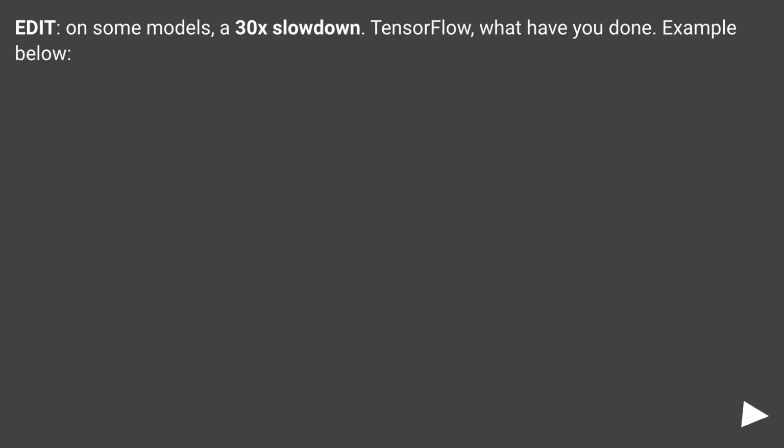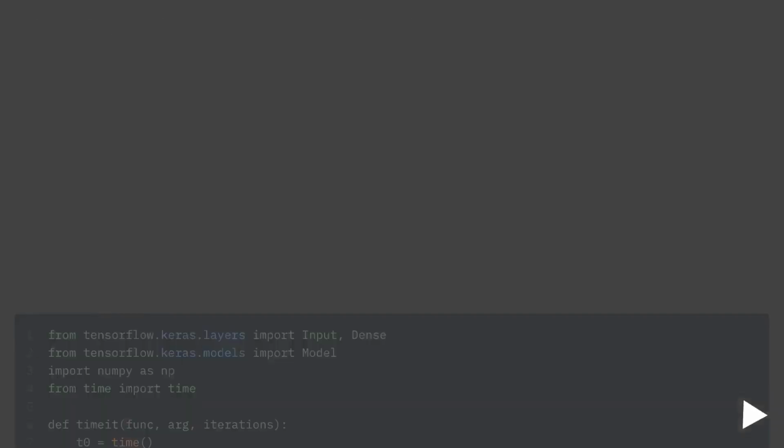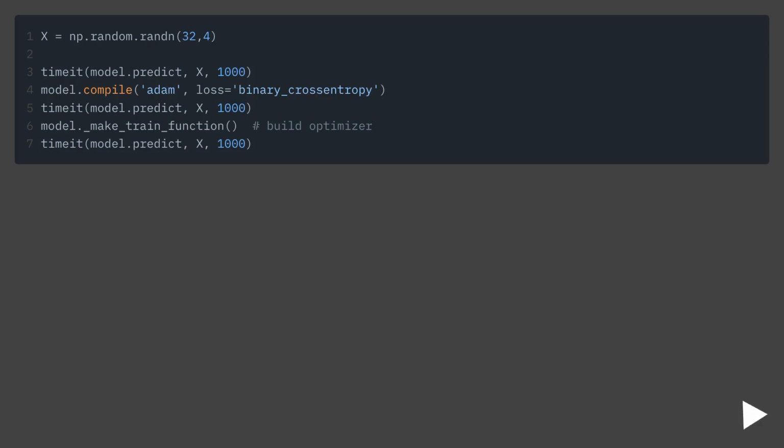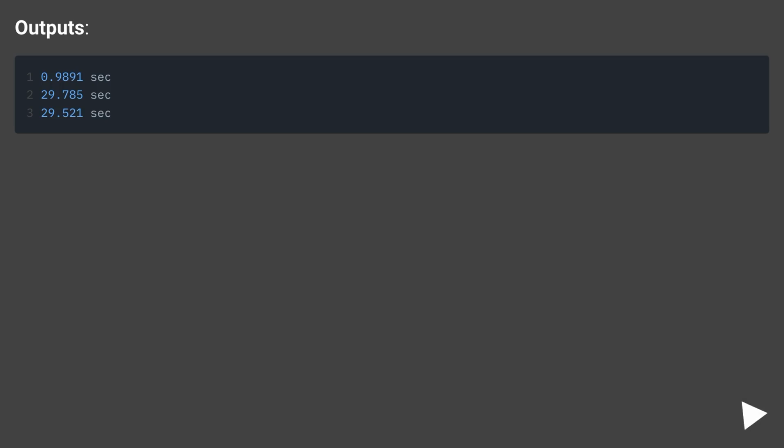Edit: on some models, a 30x slowdown. TensorFlow, what have you done? Example below. Outputs: